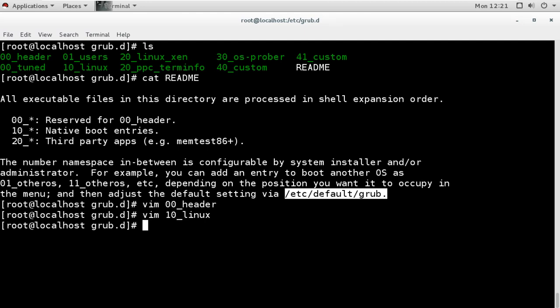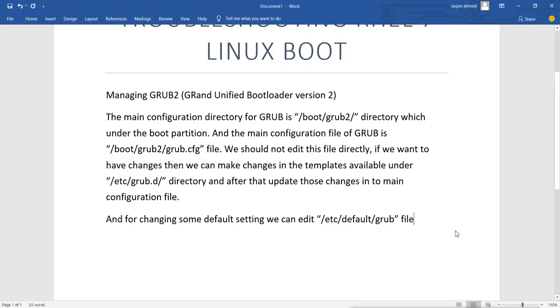So this file is easily editable and user friendly. That means we can easily edit this file for changing some default settings. For making default changes in the settings, we can edit this file under /etc/default, the grub file.